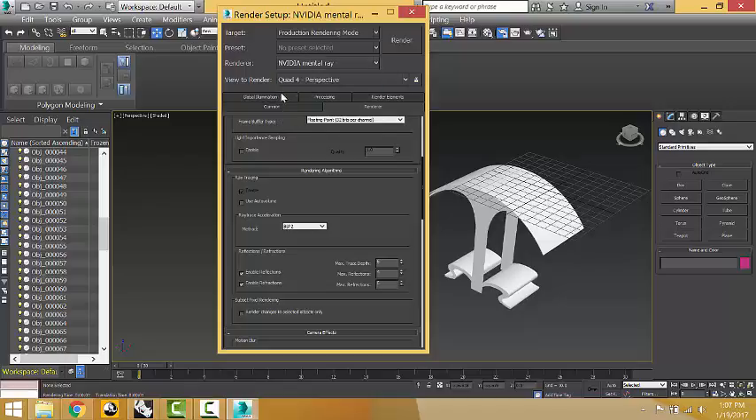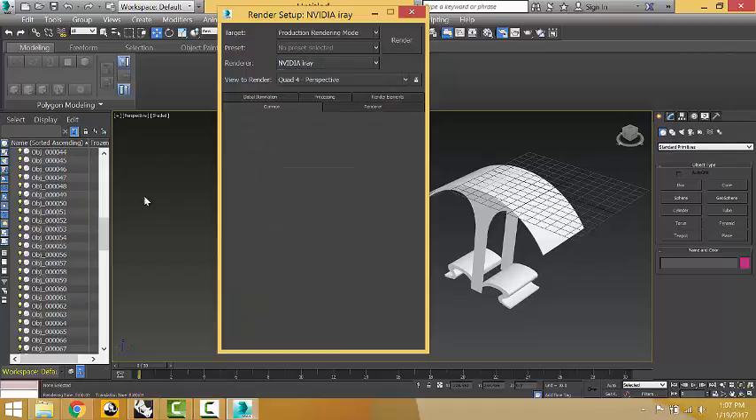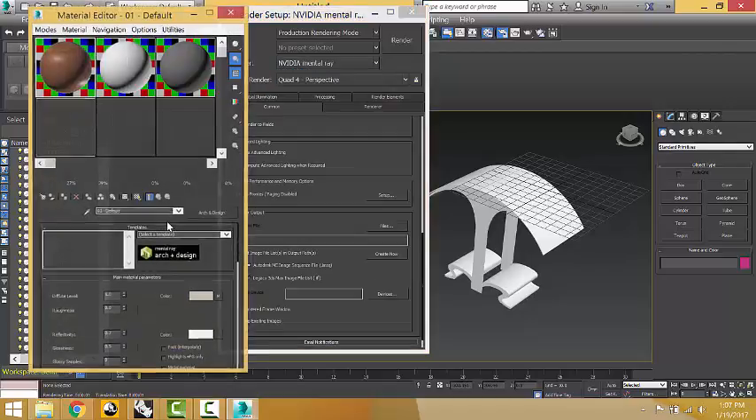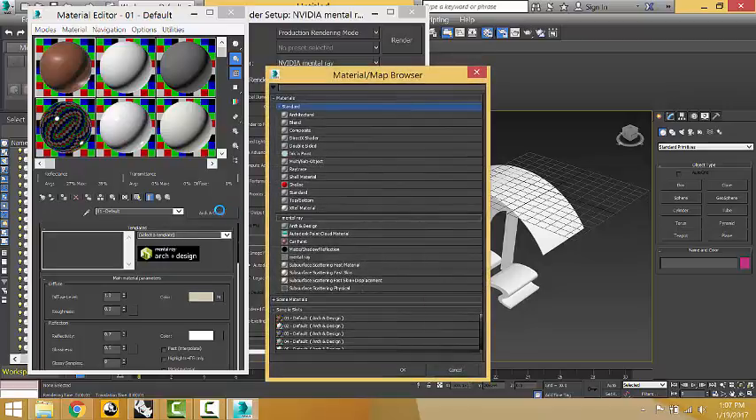Okay, now go back into your materials. And click on the button again. Did you click on the button and it has no Mental Ray underneath here? So once you click this to be Mental Ray, you will be able to click on Arc and Design. So Arc and Design is